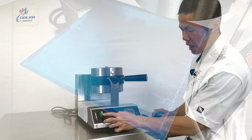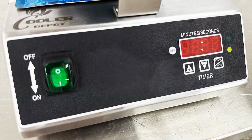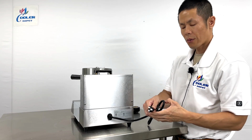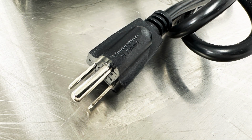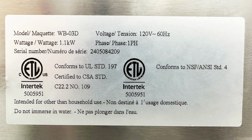Coming to the bottom, we have our on-off switch, along with a digital indicator for displaying the minutes and seconds and a timer of the waffle maker. Coming to the back will be the 110/120 voltage plug, along with the ETL certification and the technical specifications for